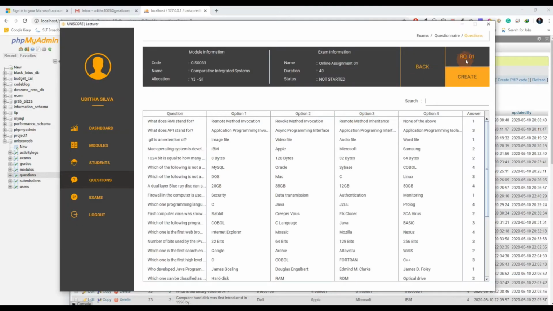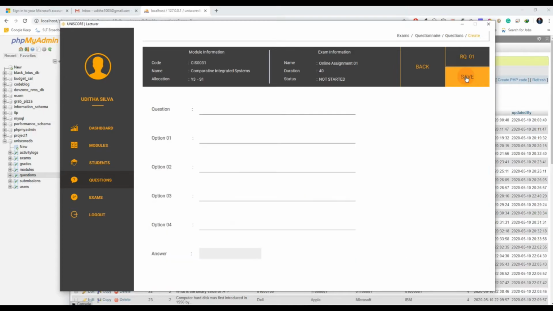Now we can see that RQ is 1, meaning one more question can be added to the questionnaire and the create button is visible. Let us click the create button and create a new question.